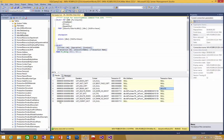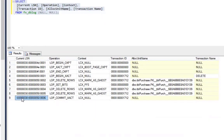Alright, so after we've gone through all this, then what is the major difference between the two? A truncate table operation does a wholesale delete of all the data in the table. The individual records are not deleted one by one. Instead, the data pages comprising the table are simply deallocated. The delete removes rows one at a time and records an entry in the transaction log for each of these